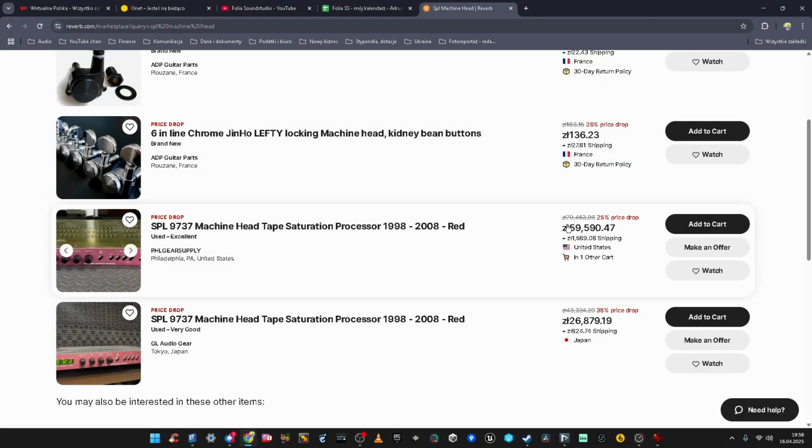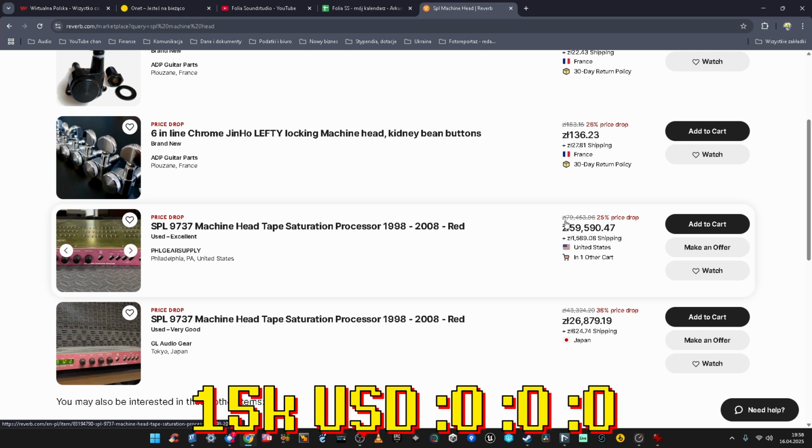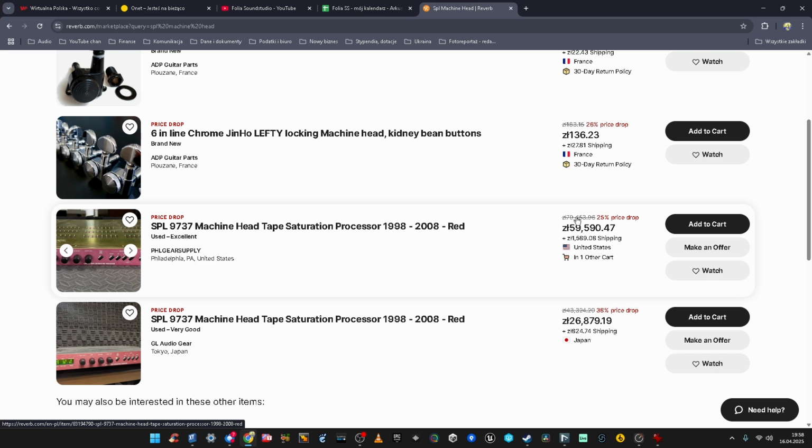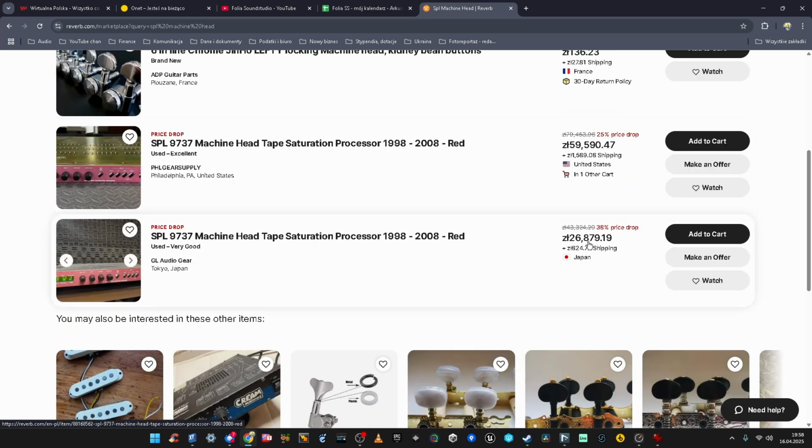My friends, this is literally more than $15,000, discounted from, wow, and this is, well, still $7,000, let's say, but still, can you imagine how sought after this algorithm and this hardware unit was? And it is a digital algorithm. And now you got it for a fraction of the price